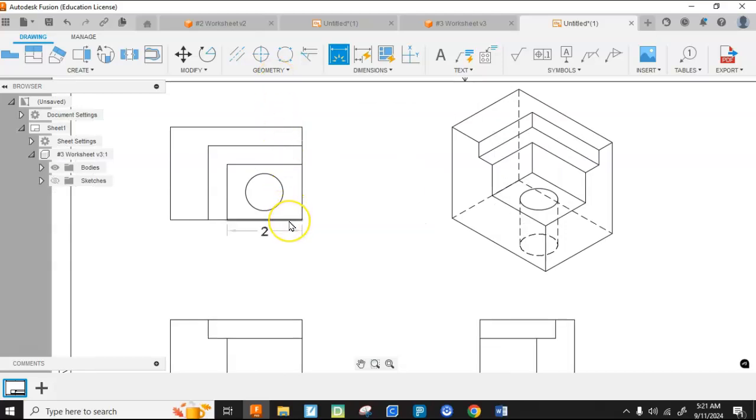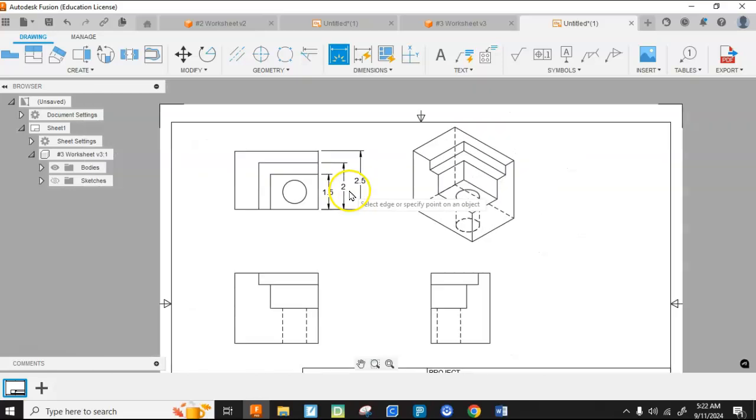So for my vertical measurements, I'm going to click on this line and this line, put that there. I'm going to click on this line and this line, put that there, and click on this one,